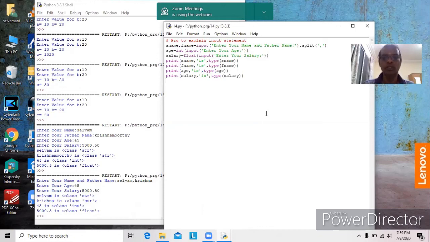So if you want to store it as an integer, we have to explicitly convert it into int. If you want to store it as a float, we have to explicitly convert it into float. That is the usage. In addition to that, we can get input from the user in different ways, which we studied in the previous program: by using split, or by using comma, and then directly we can do different statements. That is what we studied.